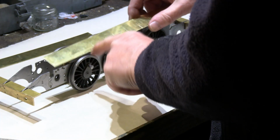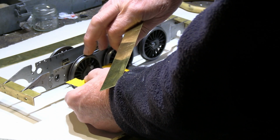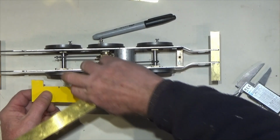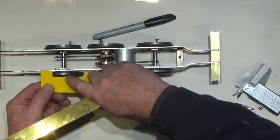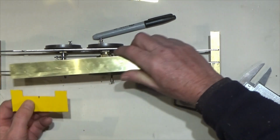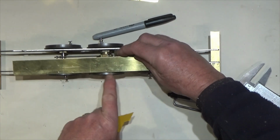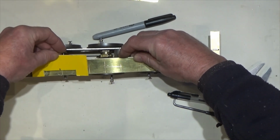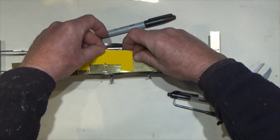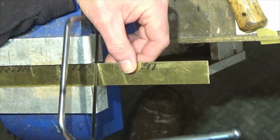I've now marked out the cutouts. Took a centre, the tip of this wheel to give me a centre line on our template, and then we can obviously with the tip of the wheel mark on here, we can use this template then to determine the cutouts. You have to be real careful